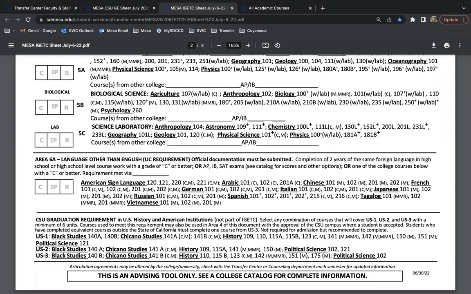For the UCs, you do have to complete at least one semester of a language other than English course. Or if you took two years of the same foreign language in high school, you can use that to clear the requirement. Or if you have any AP or IB or SAT exams, or maybe you went to high school in another country and you have documentation or transcripts that show that you were taught in a language other than English. There are lots of different ways to clear this requirement, but this is a requirement that is not a requirement